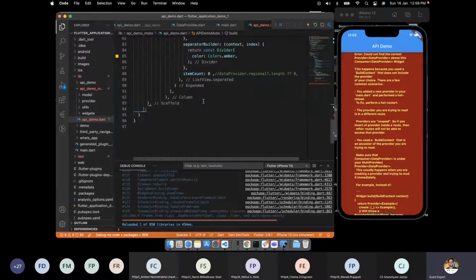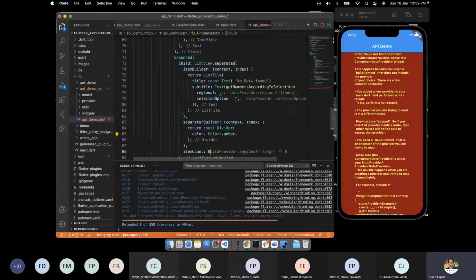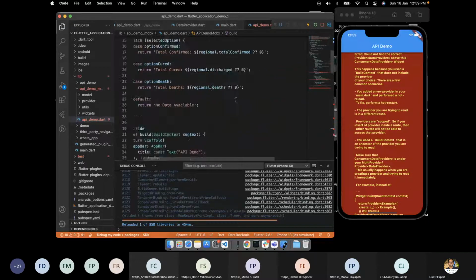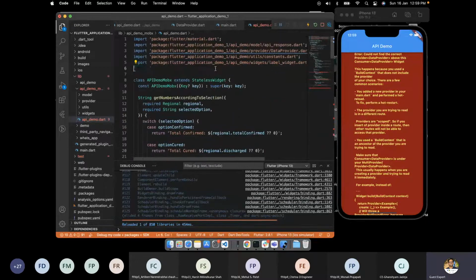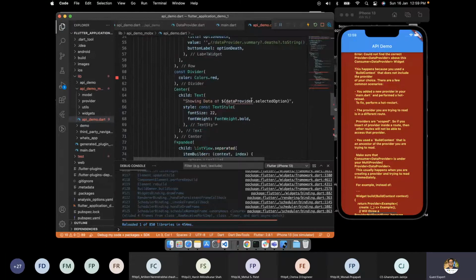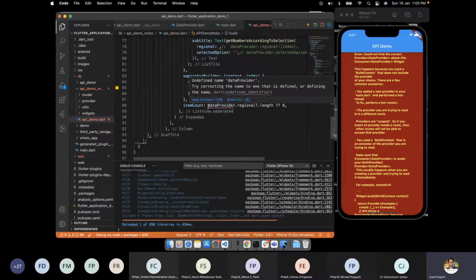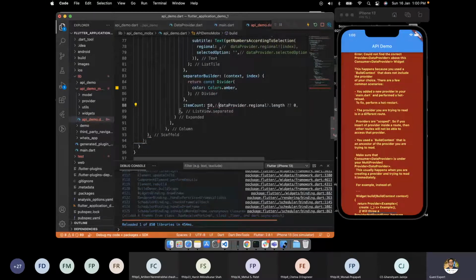I'm just simply cleaning the code right now, so don't worry. We'll get it. So I have removed the provider from here. Perfect. So we have removed the provider. We'll simply remove this variable as well. We'll put the const and data provider count is equal to 10, for example.